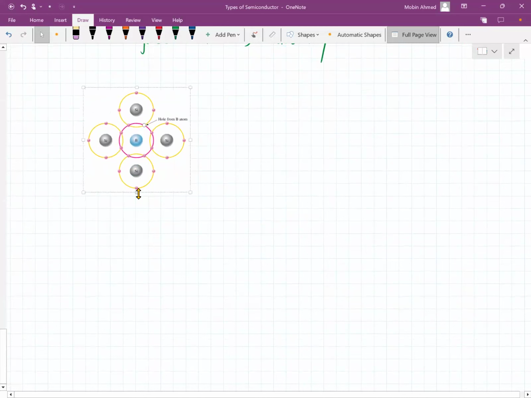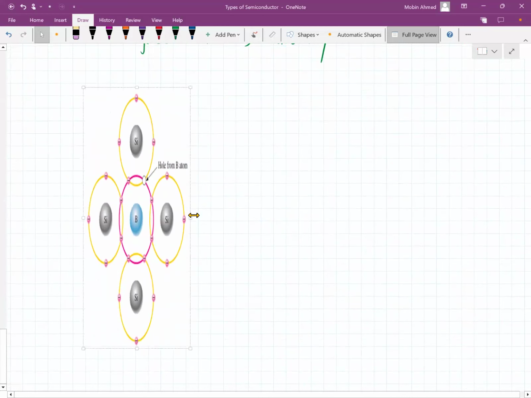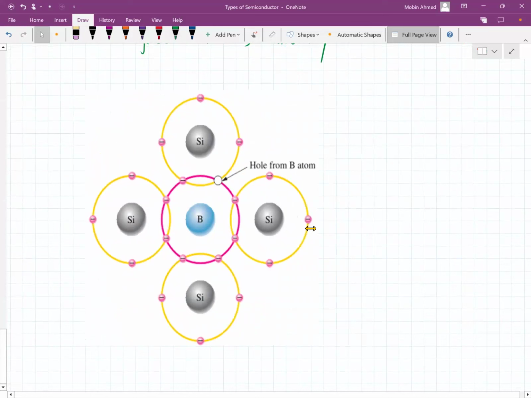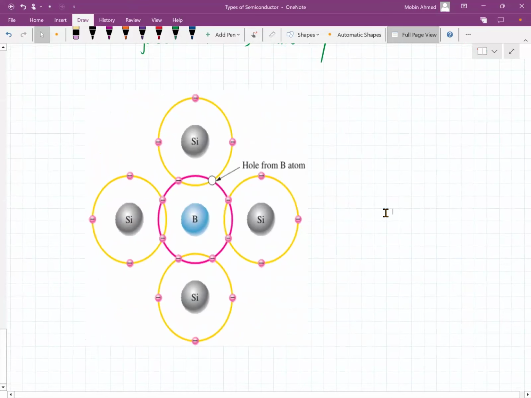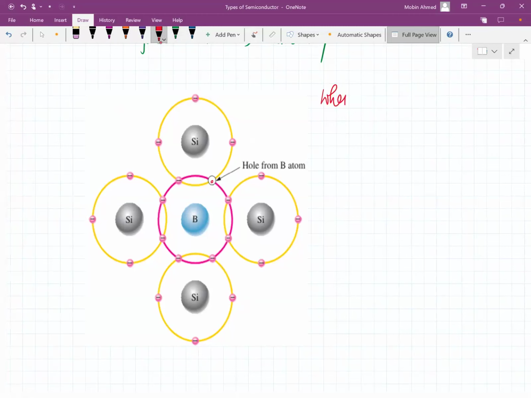When it is going to accept the electron, there will be no more hole. So when boron accepts a free electron to its hole,